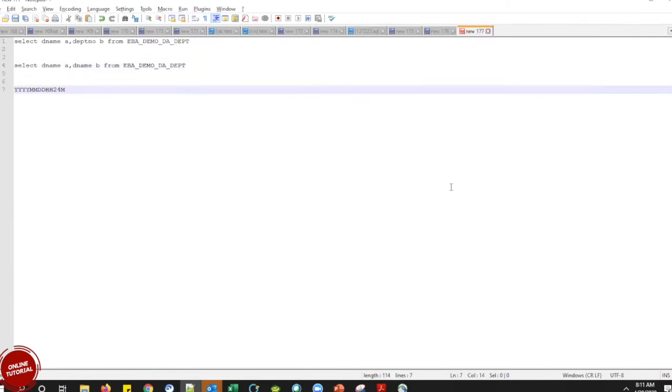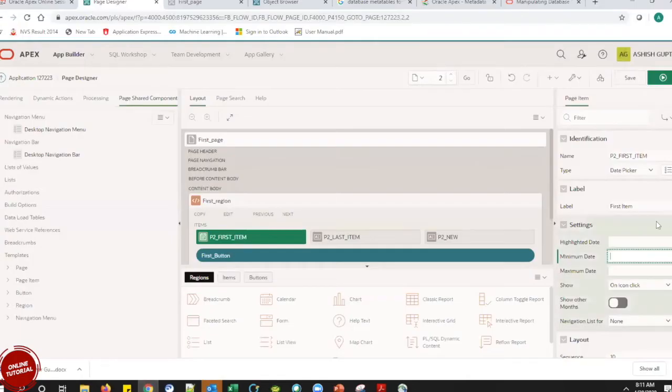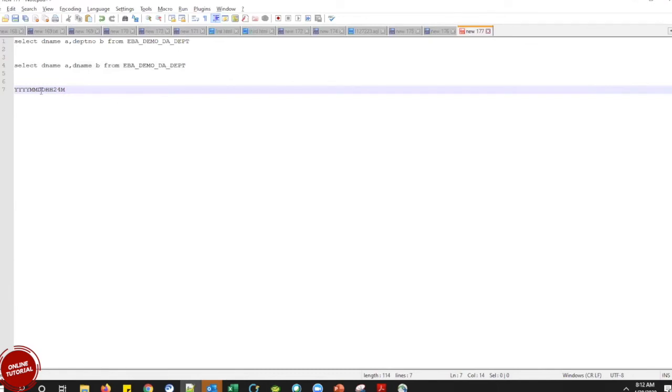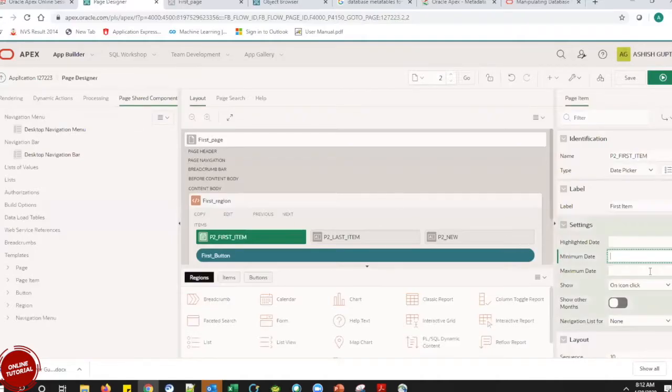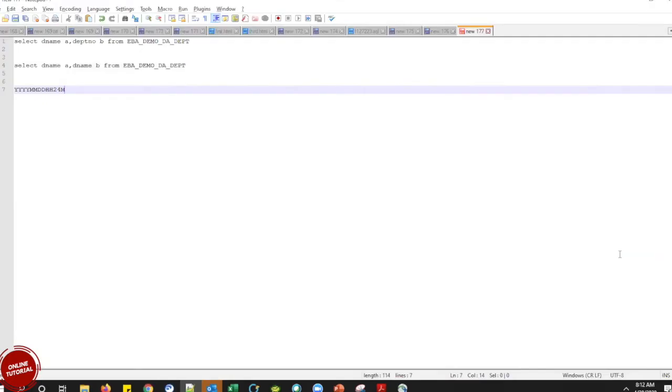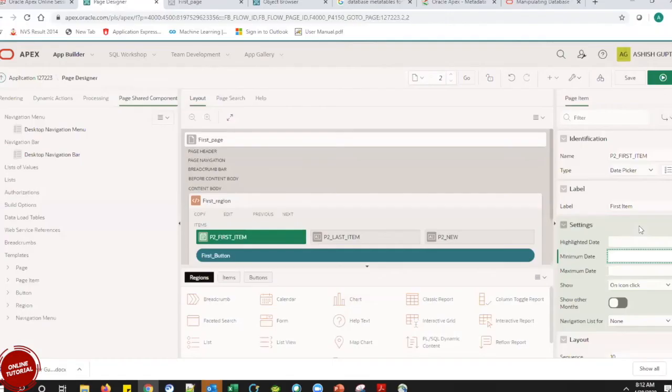So if I keep something like, maybe you can use trunc sysdate. My trunc sysdate again will not work, because that is not going to give me the specific format that my Oracle is looking for.